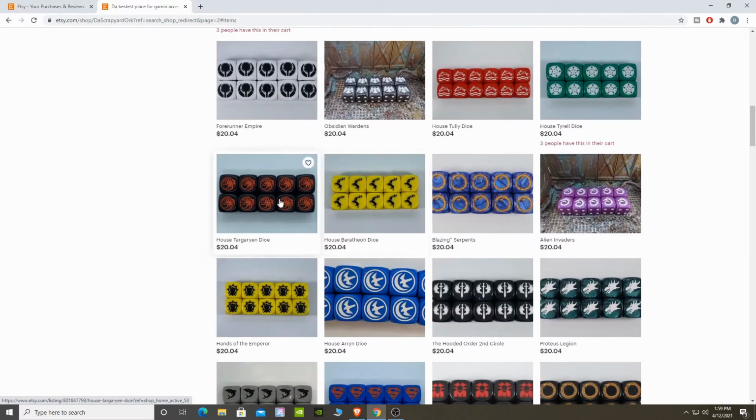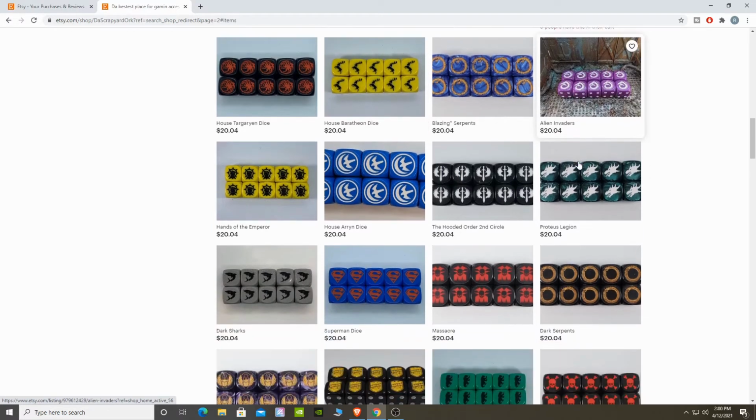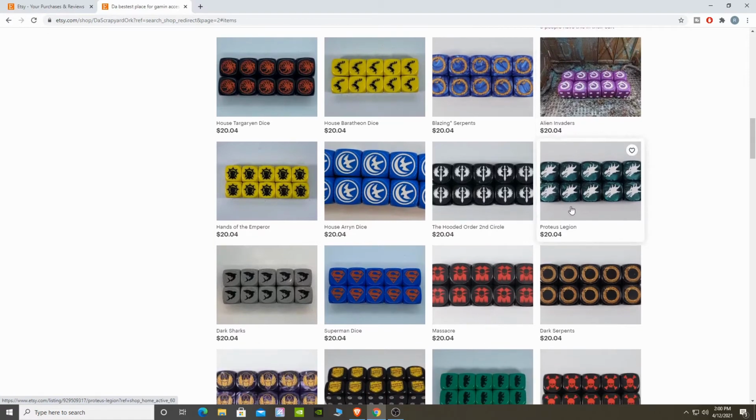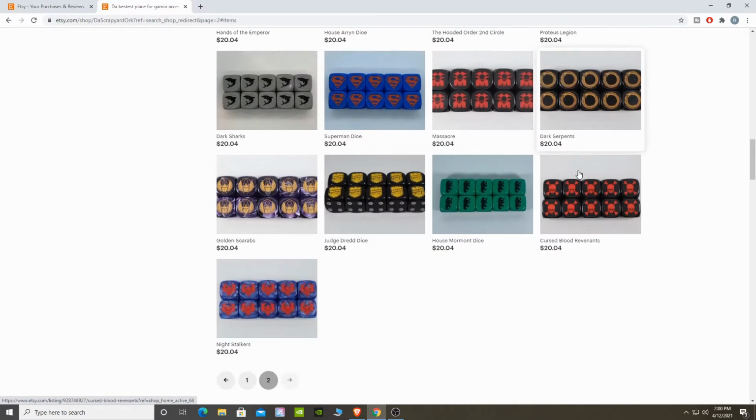Tagaron, however you say their names. Marathon, Serpent, so that's true Thousand Suns dice, I believe. Or at least they've named it on the other one. Alien Invaders, so that seemed like a different version of the Tyranids. Proteus Legion, Salamanders again, Hooded Order, Aaron, Hands of the Emperor, Dark Shorts, more variations, Khorne, Superman, Massacre, Dark Serpents,